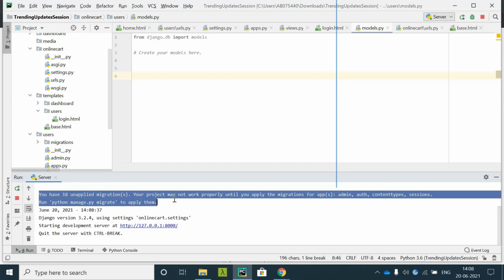I have not made any migrations till now because first of all, I need to make the database configuration to PostgreSQL. To make the database configuration to PostgreSQL in the Django project, first we need to create a database in the PostgreSQL database server. Then only we can make use of that database and put it under the project configuration in the settings.py file. So what you go ahead and do is, first of all, you go to pgadmin.